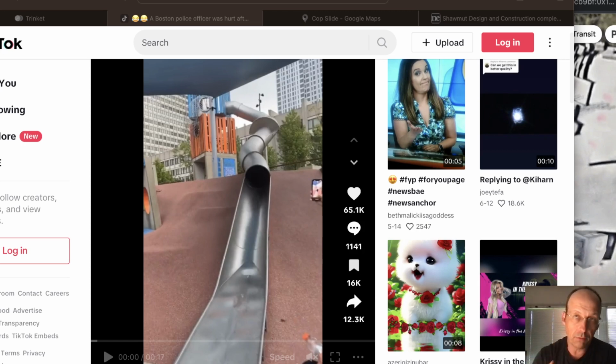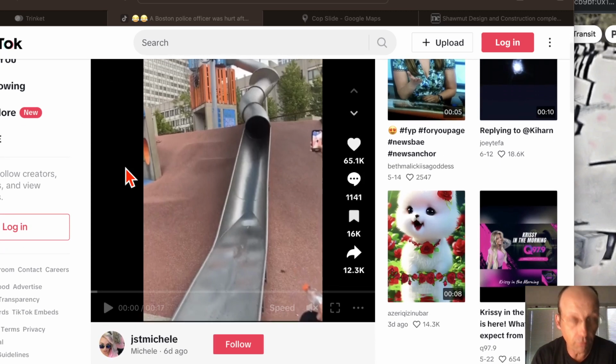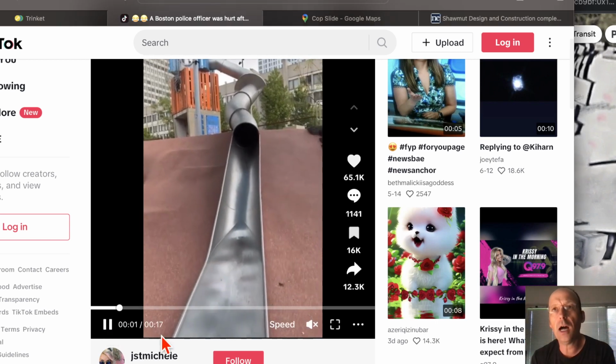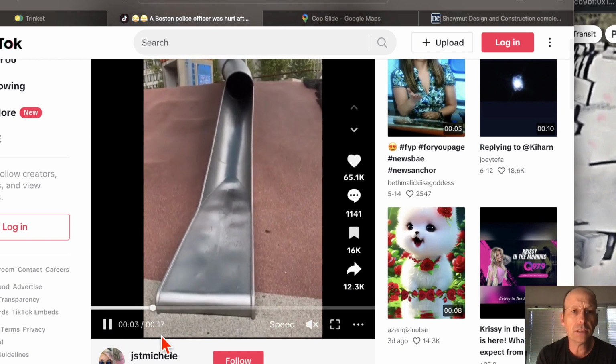Everybody loves this video. I love the video too. Let me just show you the video really quick. This is on TikTok. It's really popular. Play this. So it's a cop going down a slide in Boston, and he ends up going too